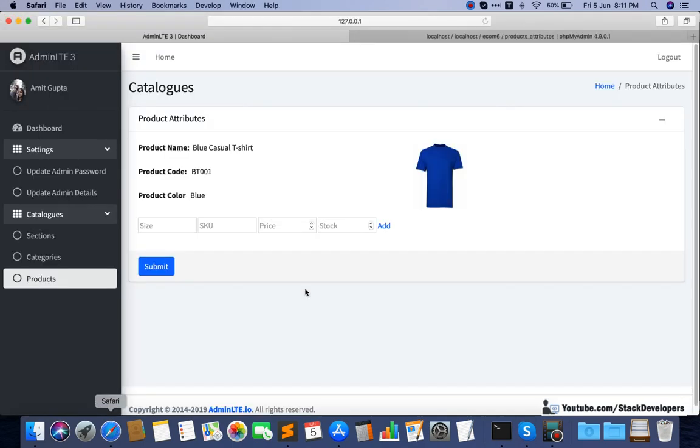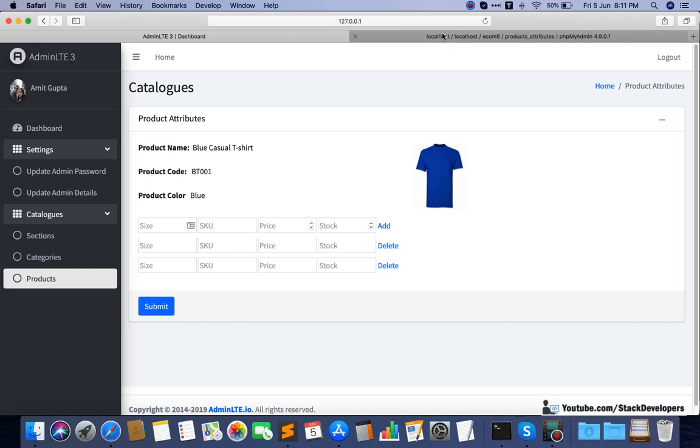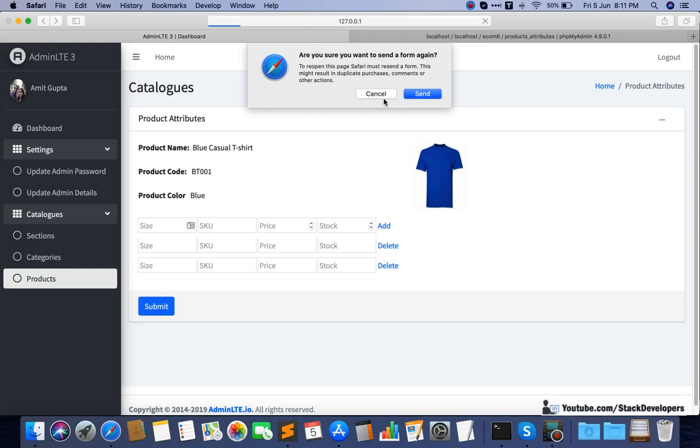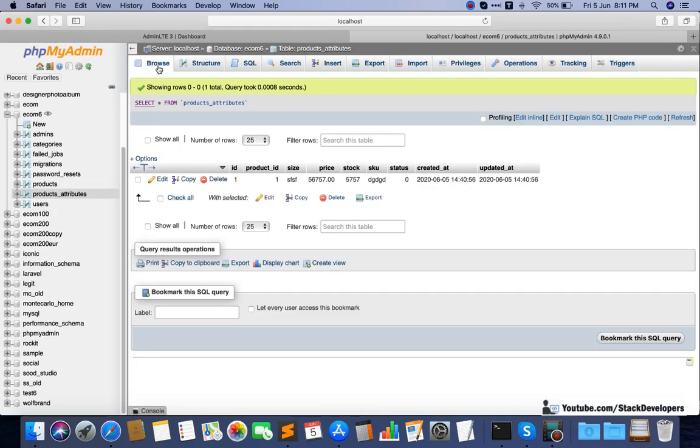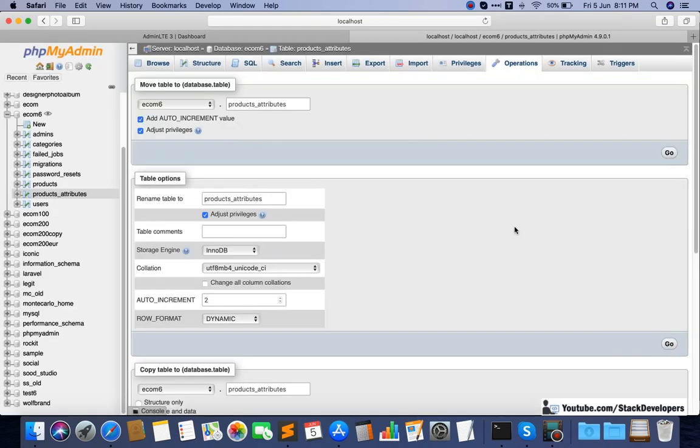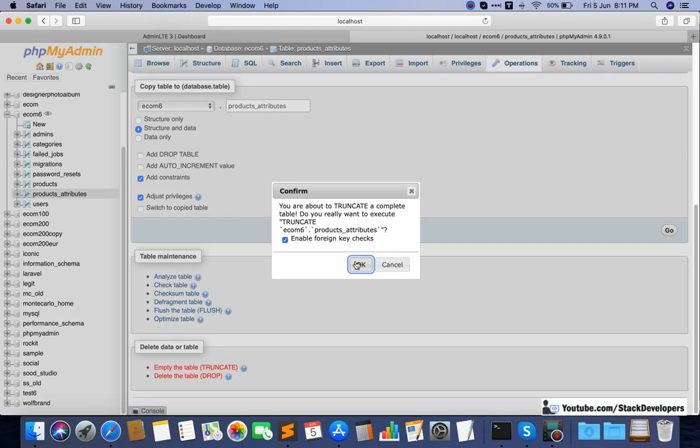Okay, so now we need to add these, but one thing we need to make sure is that we will not repeat the data. Suppose first I make this one empty.